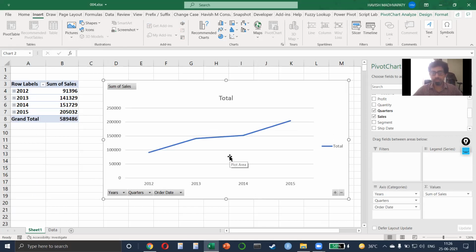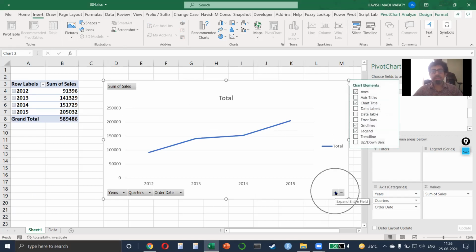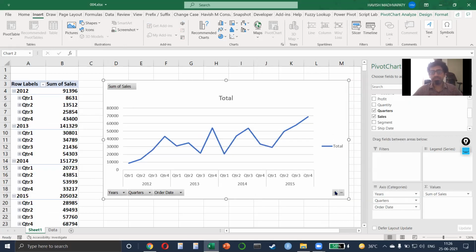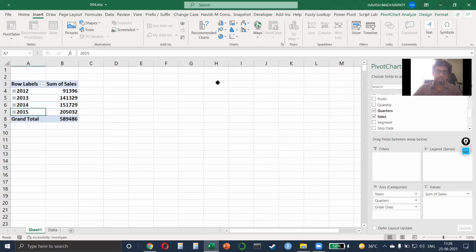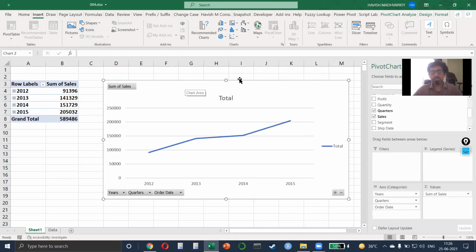So you have selected all 3 in rows, but it is showing only for years. How has it been done? Because that's the first level. Year is the first level. When I click on the plus sign, it will show me the quarter as well. No, show me from the beginning. Actually, I missed the beginning. Have you reached this point with the table? Yeah. I can understand the chart and everything. How you selected all these 3